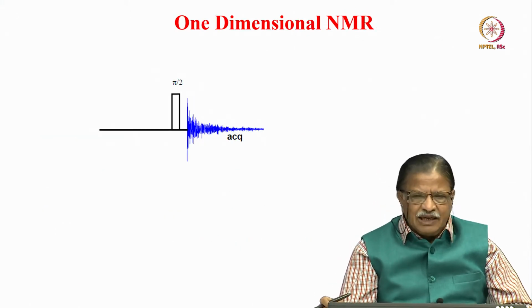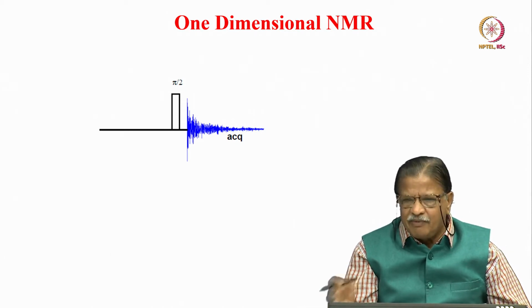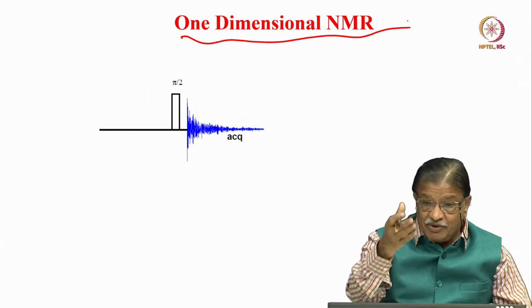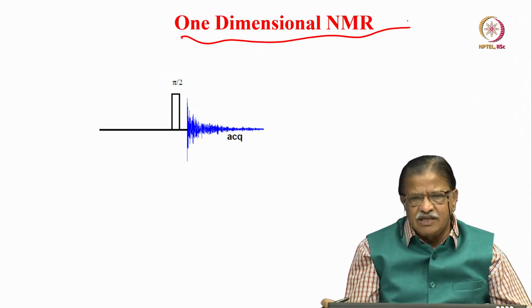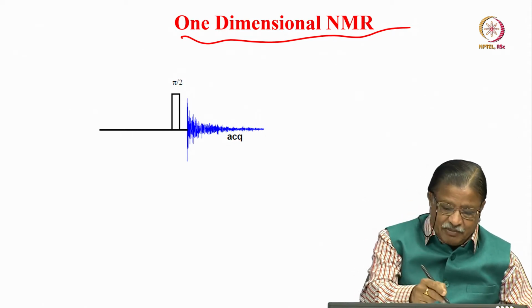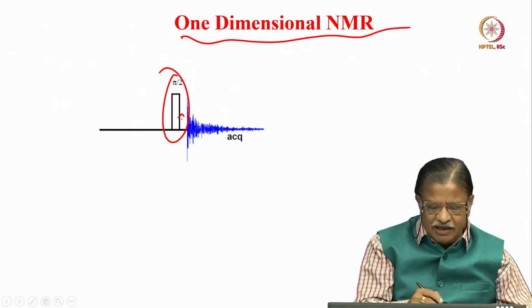So these are the limitations of 1D. How 2D will overcome some of these problems, we look at it as we go ahead. First, start with a simple 1D NMR which we have been discussing for several weeks. 1D NMR, a one dimensional simple one pulse experiment: apply a 90-degree pulse with a given delay for a dead time delay, then start acquiring the signal.